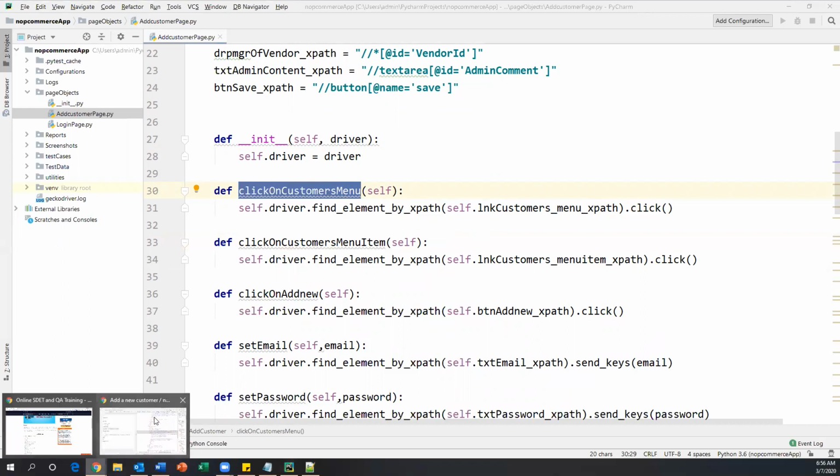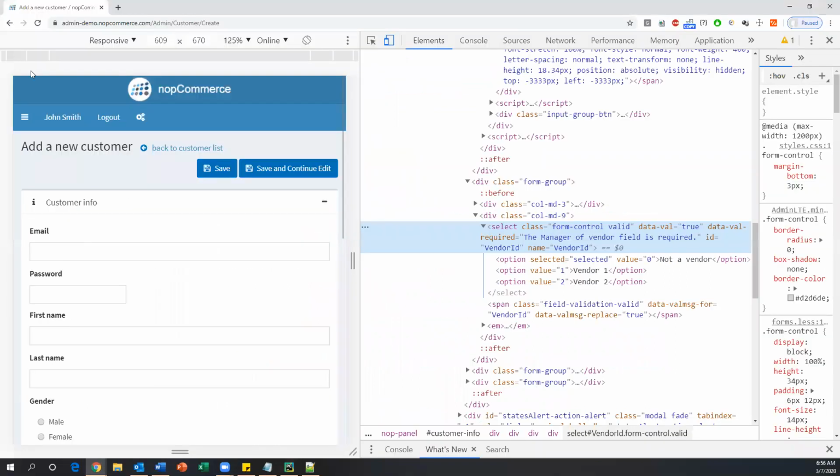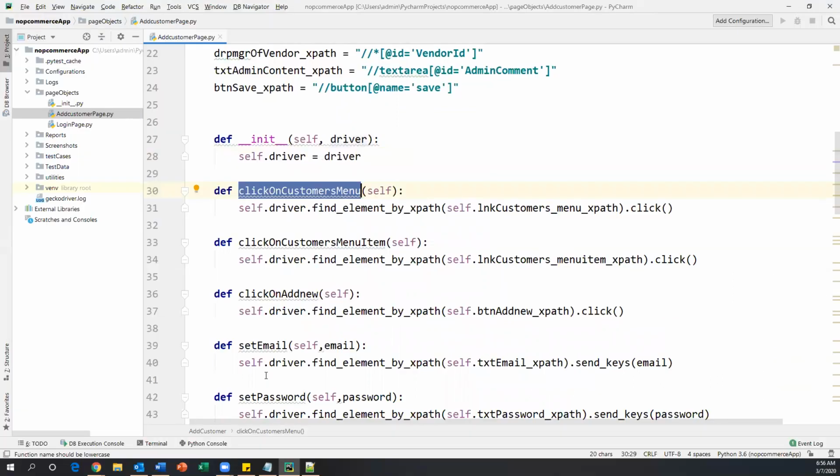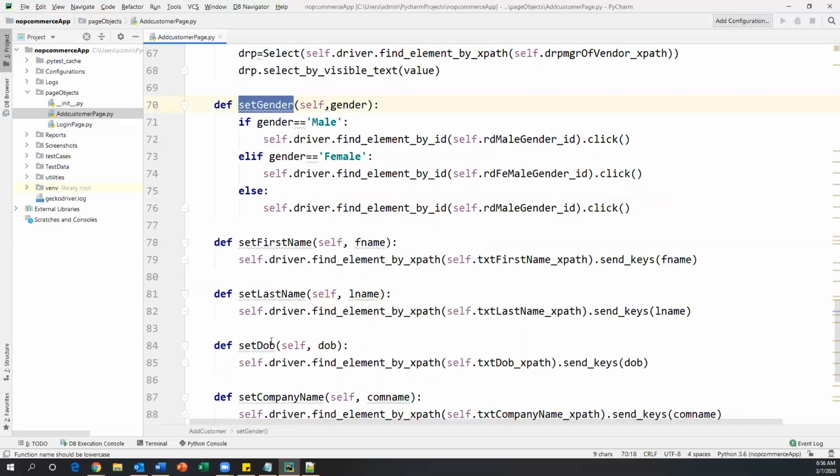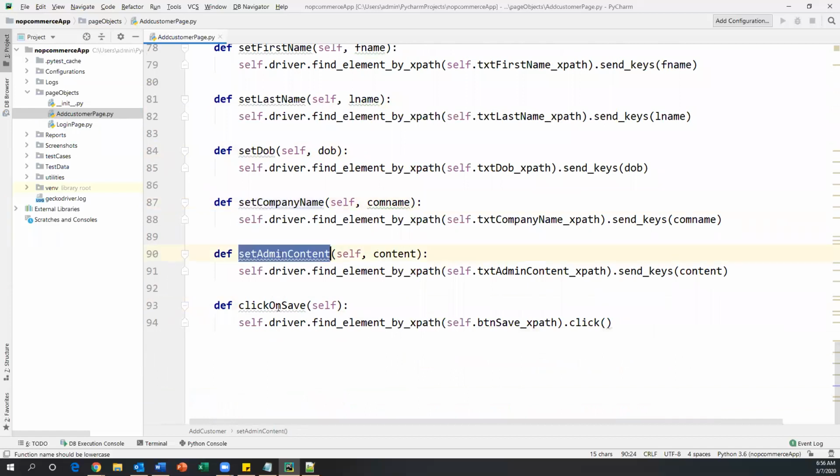Here, click on add new, set email, set password, set customer roles. And there are few more methods: set gender, set first name, last name, set DOB, set company name. These methods should be very meaningful, because from the test case you have to call these methods, so you have to provide proper names to the methods.